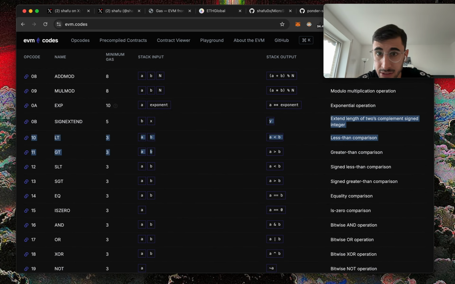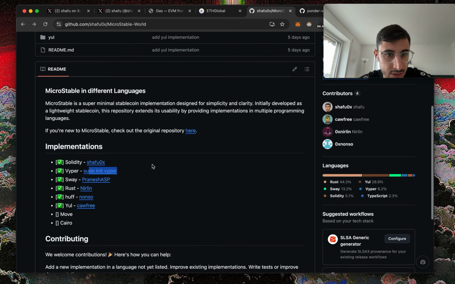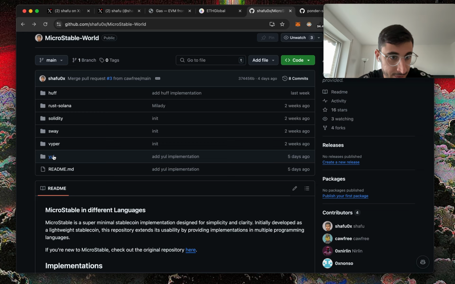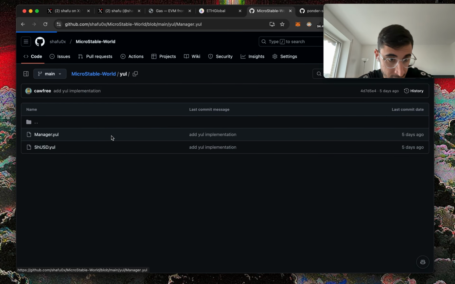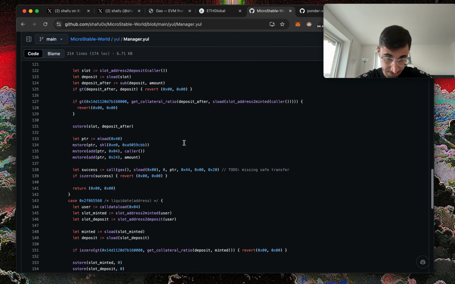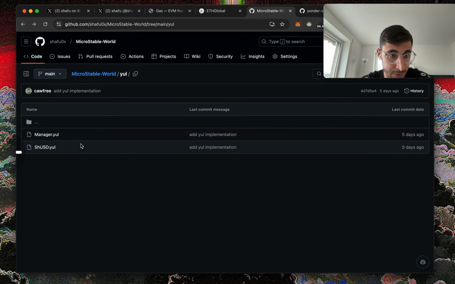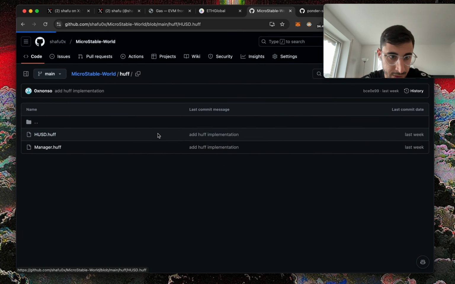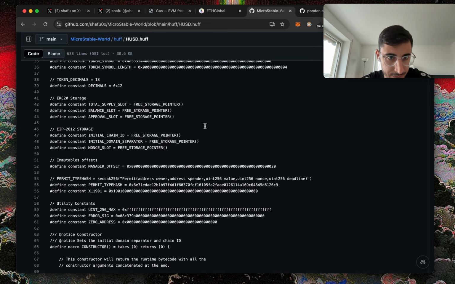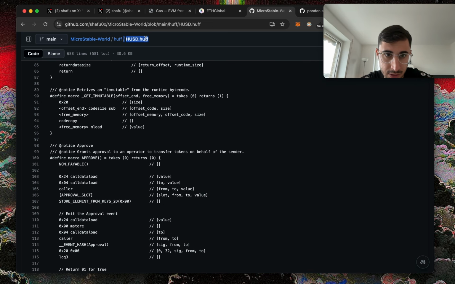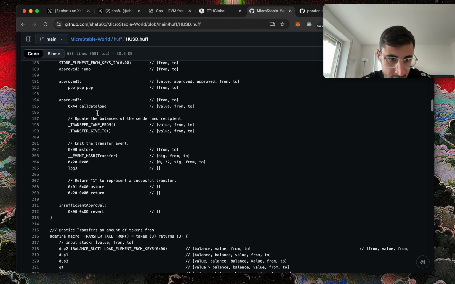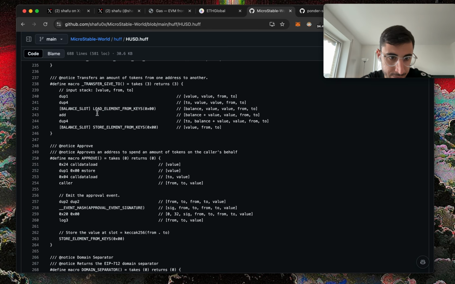And once you learn this, maybe you go back to the microstable implementation and do it in Yul, or you do it in Huff, or you just check out this implementation and ask ChatGPT if you don't understand something. GitHub still doesn't have Huff syntax highlighting. Okay. Yeah, go back, do it in Huff or Yul. This will teach you a lot